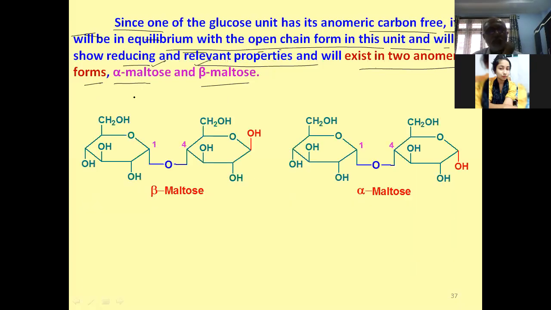So what are the structures? This will be your beta maltose. You see here, this is the beta maltose structure. This one is free and this one is permanent. This glucose is linked to the other glucose through an alpha glycosidic linkage. C4 is a fixed position, but at C1 here, the OH will be on the top when it is beta, and when it is at the bottom, that is going to be alpha. But when in solution, that means what? We know mutarotation, so beta maltose will be converted.